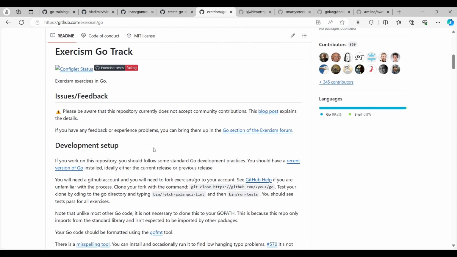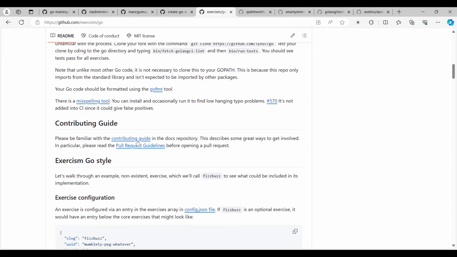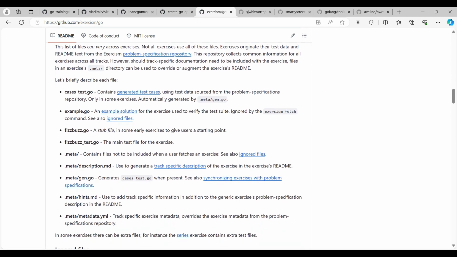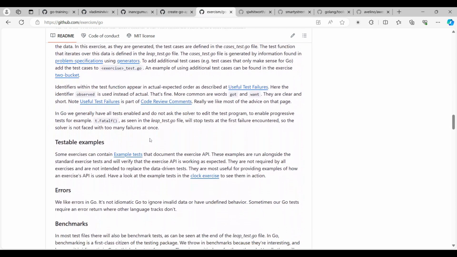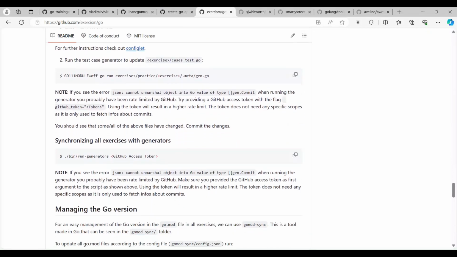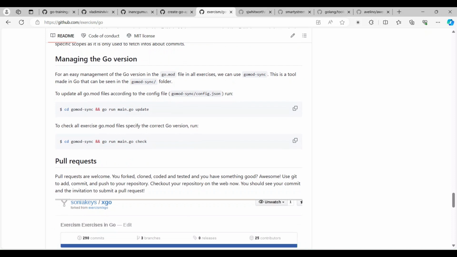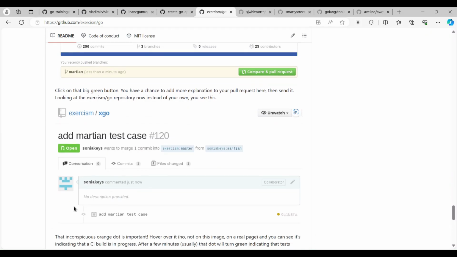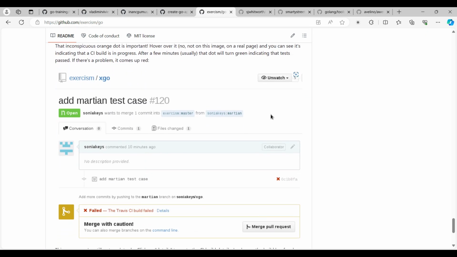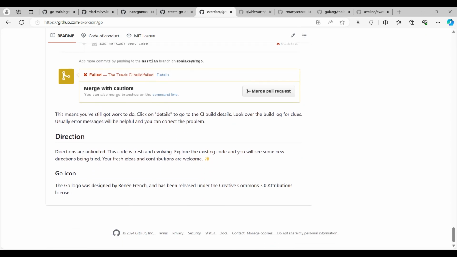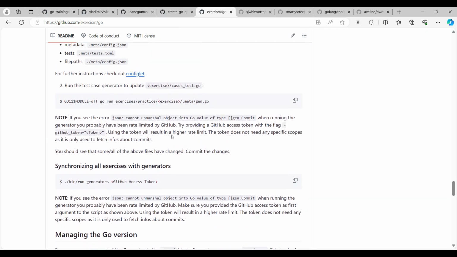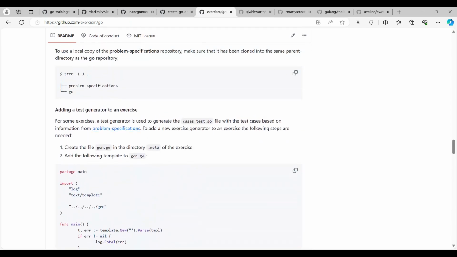The Exercism Go track, like development setup, then how to learn these things, how to do all the stuff, they have mentioned in a structured way: tests, errors, benchmarks, whatever thing, right? So follow these things and learn Go with Exercism, and whatever resources I am sharing now will really help you out in learning Go free of cost. You don't have to spend money on courses and all. You can follow these things and it will be sufficient to learn Go. Okay,